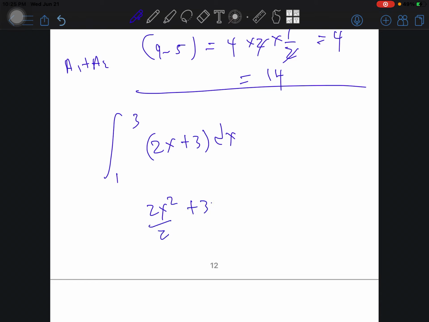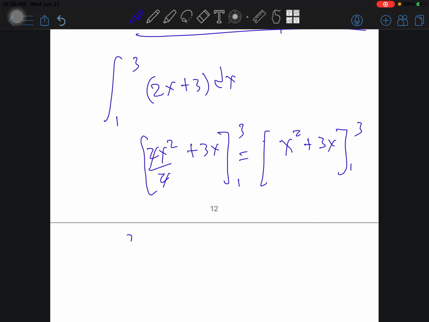2x squared over 2 plus 3x, right? And then remember that after you are done with the integral, you bring the limit to be 1 and 3, and then you start your evaluation, because this one cancels this, so it's going to be x squared plus 3x, and then 1 to 3. So doing the evaluation, you're going to get 3 squared plus 3 times 3, minus 1 squared plus 3 times 1,